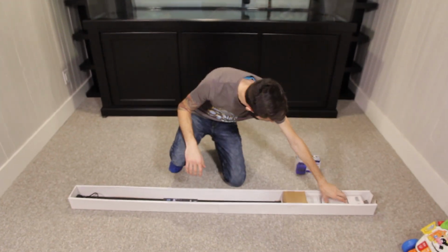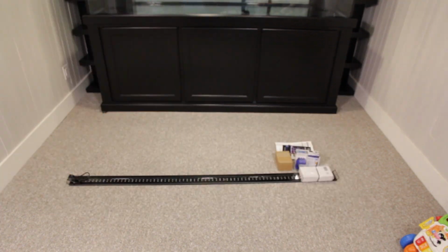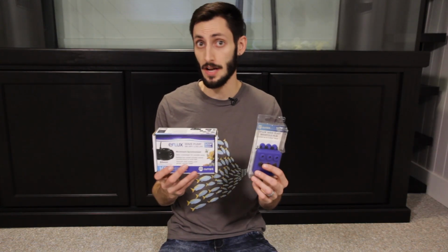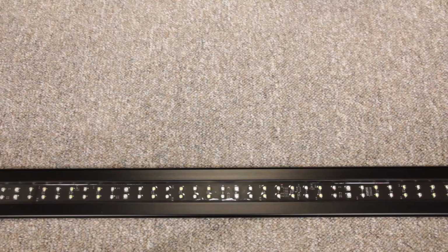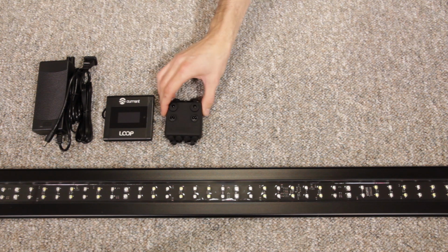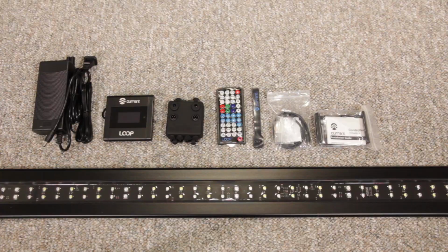The IC lights are actually a brand new product from Current USA, and as an incentive for customers, they're actually shipping with these. These aren't a part of the light, but they're really cool. Mind you, I'm not going to talk about them right now. I'm going to talk about them more during the circulation episode. So I'm going to put them away for now. Once you open up the box, you're going to notice 2 smaller boxes, one containing the power adapter and the other containing the loop controller, the IC light hub, a remote control, some cable ties, corresponding power cords,